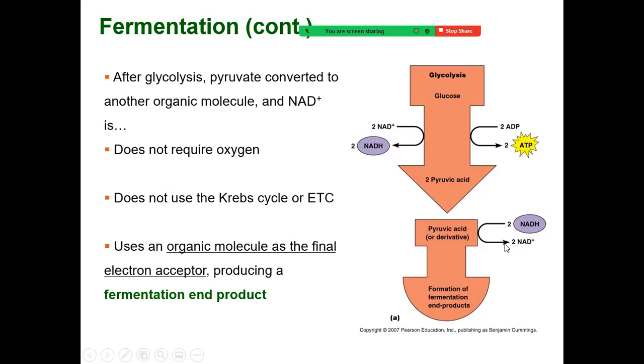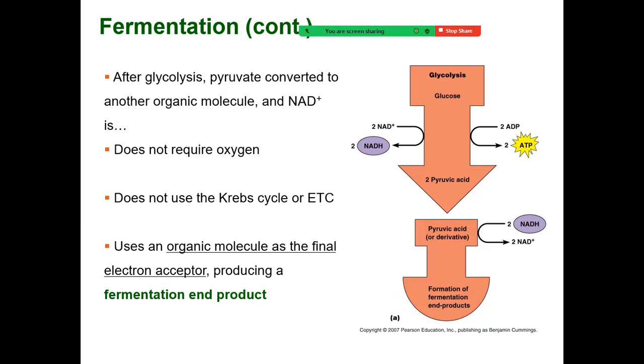Why does the muscle cell use this up in fermentation instead of just keeping the NADH around in the muscle? Because if the cell were to keep NADH in the muscle, eventually the heart and the lungs will deliver blood to the muscle cell, which will deliver oxygen, and then the cell will stop using fermentation. I'm talking about our muscle cells, and then it'll switch over to aerobic respiration.